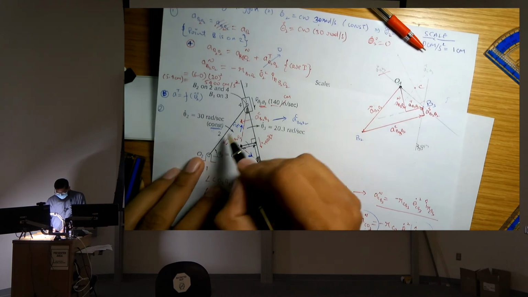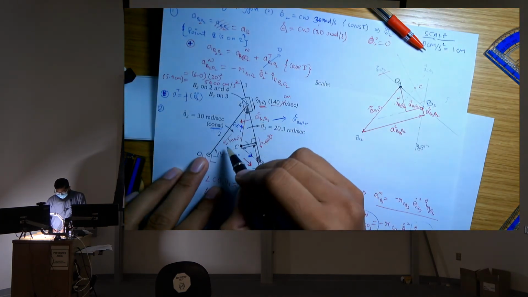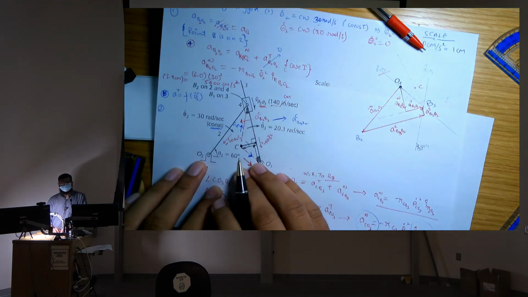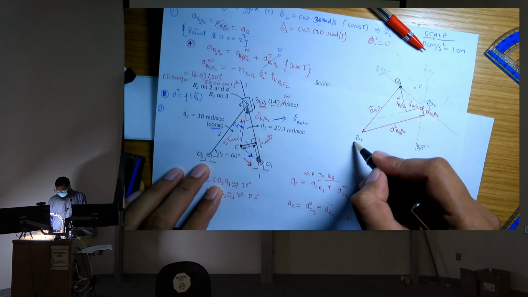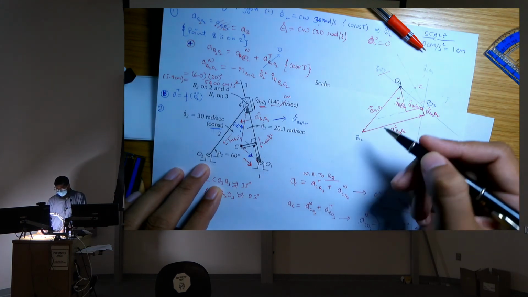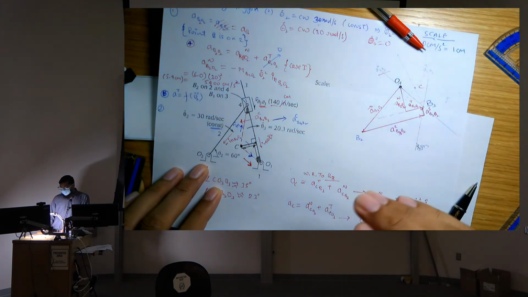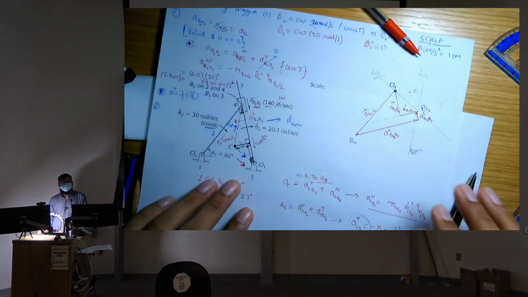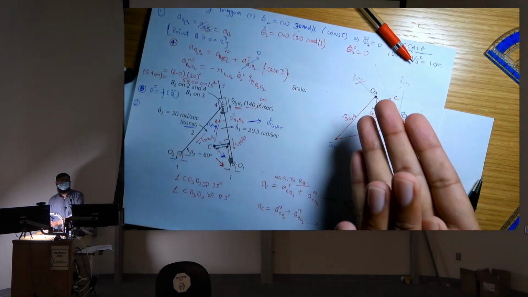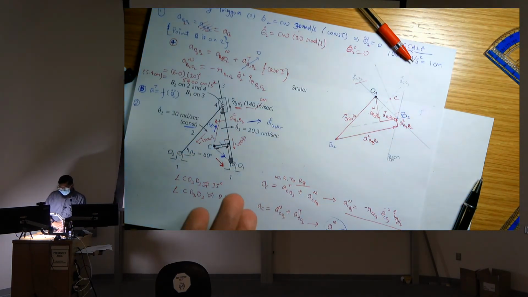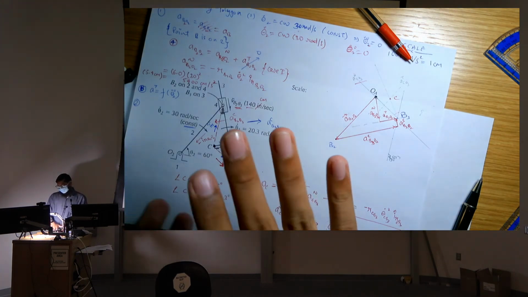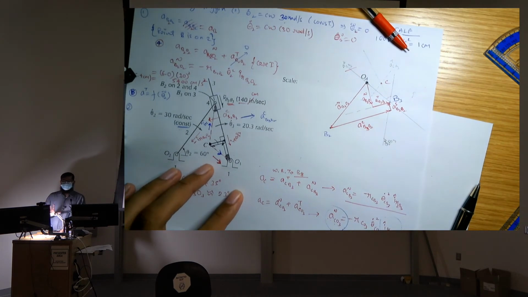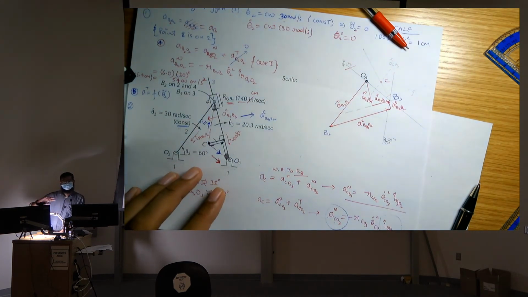If you see on your IRB2O2 for this one, as per the mechanism, it was supposed to be on this side, not go on that side. So all the directions in our acceleration diagram are inverted in comparison to the mechanism, and that's why the triangle is also inverted. If the triangle doesn't invert, that will not make sense. This is the concept I used to find out in which direction C is going to be.